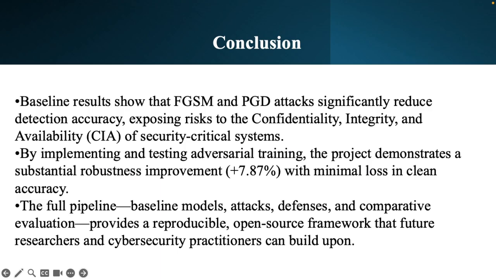Baseline results show that FGSM and PGD attacks significantly reduce the detection accuracy, exposing risk to security-critical systems. A full pipeline, the baseline, attacks, and comparative evaluation provides a reproducible open-source framework that future researchers and cybersecurity practitioners